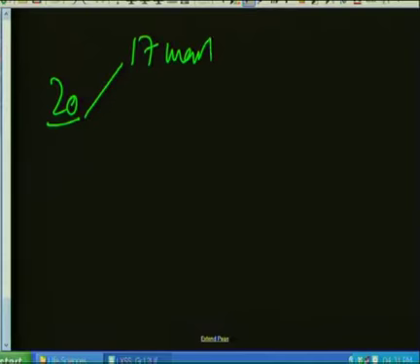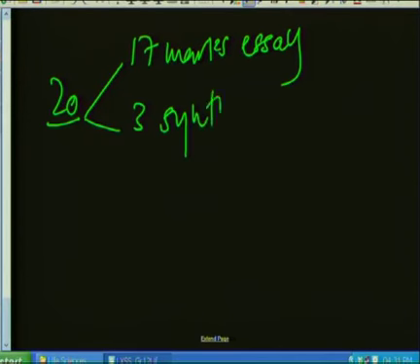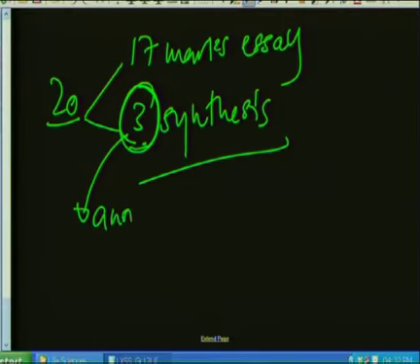Remember, for each fact that you give here, there is 1 mark. Normally in an essay, there are 20 marks given, of which 17 marks are for the essay and 3 marks is for synthesis. Now, the 3 marks for synthesis does not mean that you have to write a heading, synthesis, and write something under it. These 3 marks, there's a rubric in the marking memo which will guide the marker to allot these 3 marks. I can tell you that they are dealing with the following: